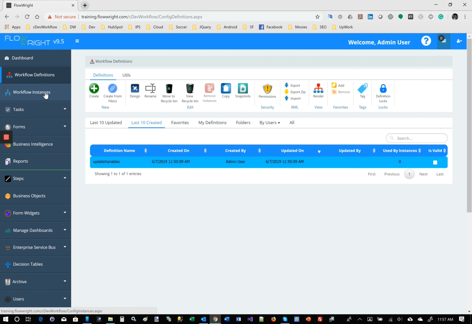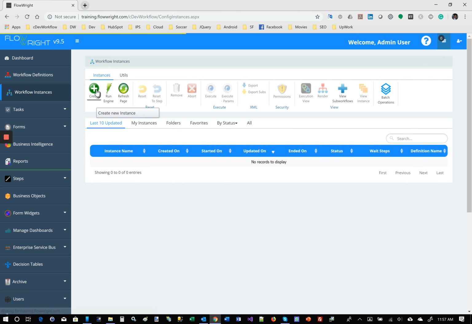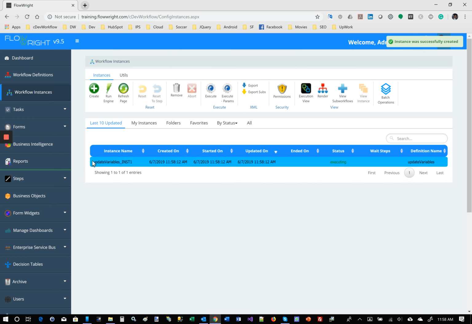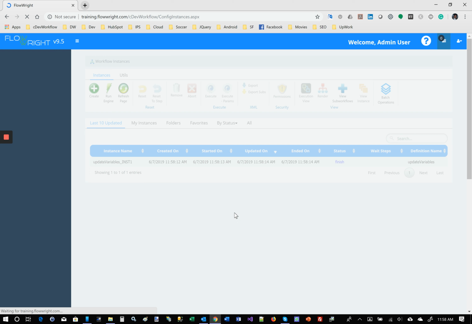We're going to go to workflow instances, and we're going to create a new workflow instance based on this particular definition. We're going to click on generate a name for it, and we're going to say create and execute. At this point, the workflow instance got created, and if you refresh the screen, you should see that it has